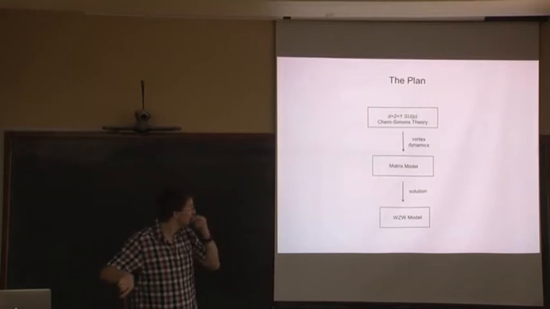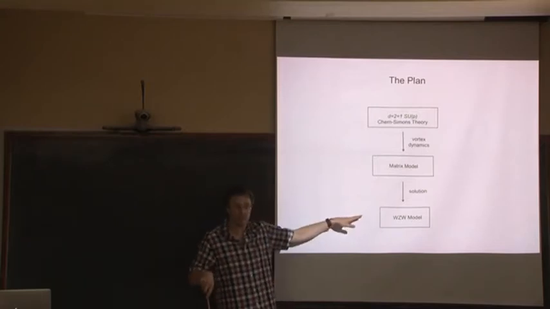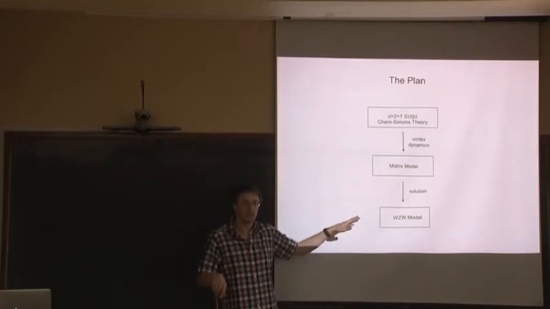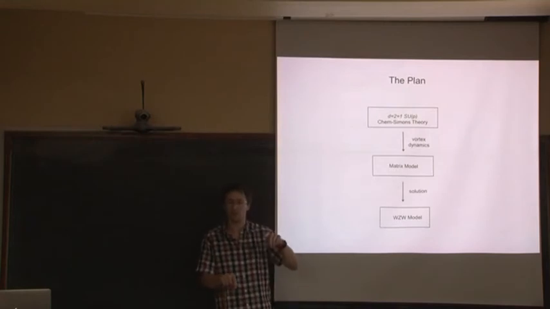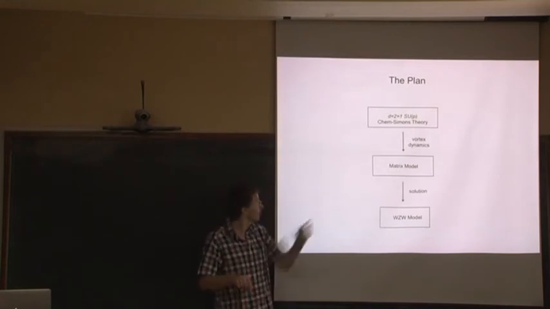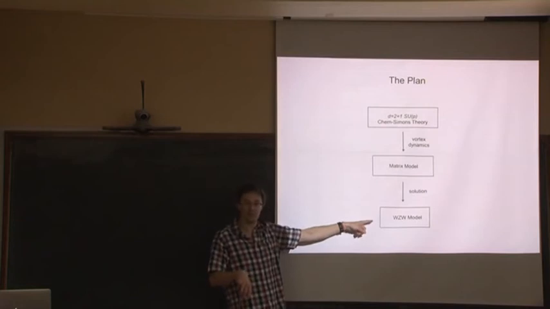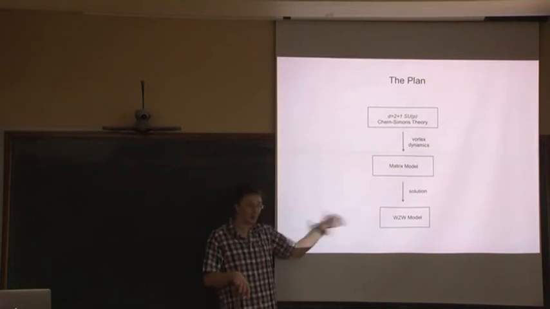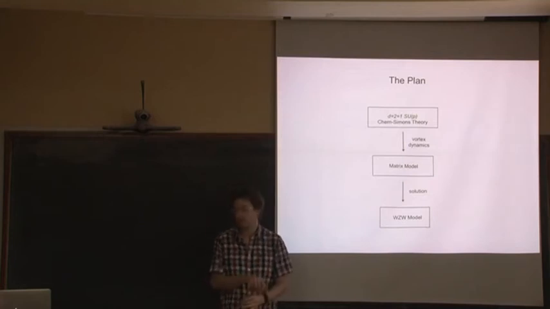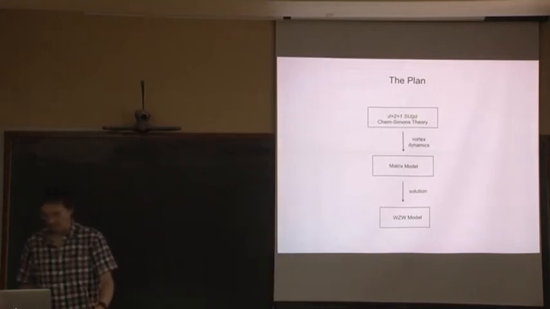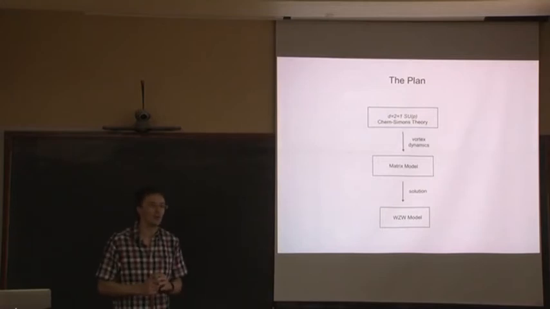And then towards the end I'll explain how these matrix models are really Wess-Zumino-Witten models in disguise, at least some subset of Wess-Zumino-Witten models. So for those of you who don't know, Wess-Zumino-Witten models are conformal field theories in 1 plus 1 dimensions. And so I'll try in the first part to explain why you would expect them to be Wess-Zumino-Witten models, and then in the second part we'll see concretely how this works. Okay, so that's the plan of the talk. Any questions before we go?